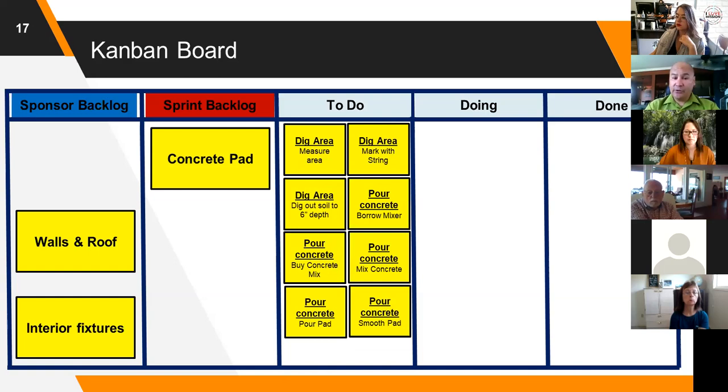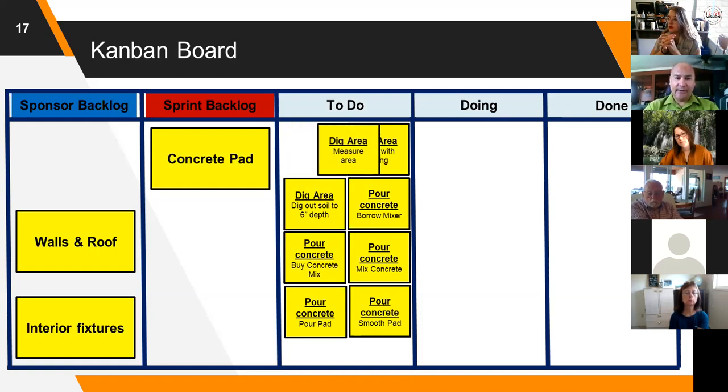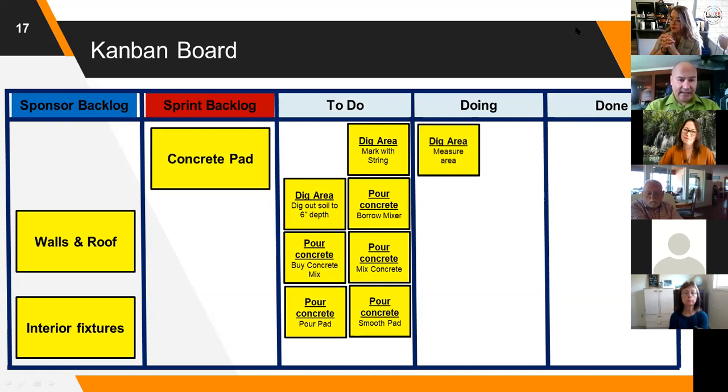From there, you're going to come up with a to-do list, right? And on the previous slide, we identified, we had to dig the area, we had to pour the concrete. Those are the 8 tasks you had to do to achieve a deliverable. So those would go on the to-do list. Now you bring your team together and say, right, who's going to be doing what, right? So then you'd allocate each of these tasks to specific people. And on this particular one, poor Farzad, Farzad's got to measure the area, okay? So Farzad, once you're done that, he would then move it from doing to done.